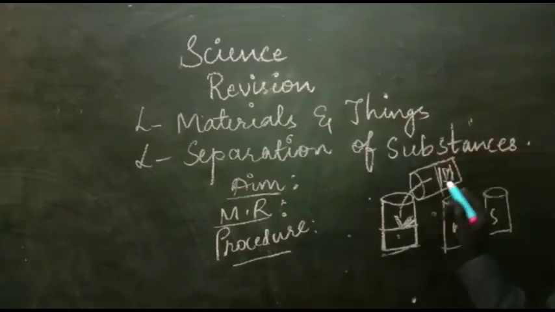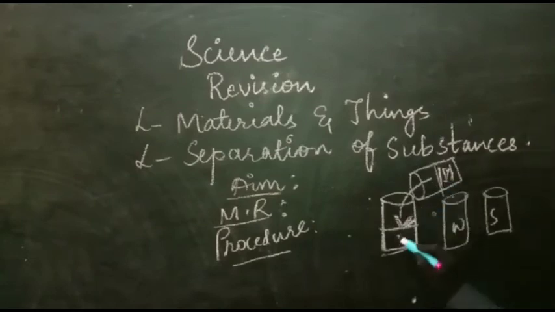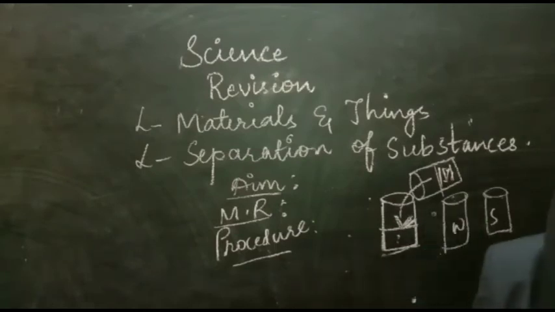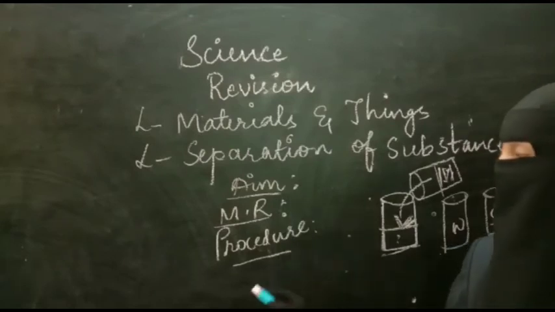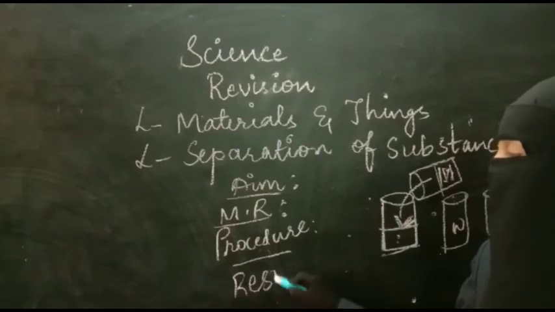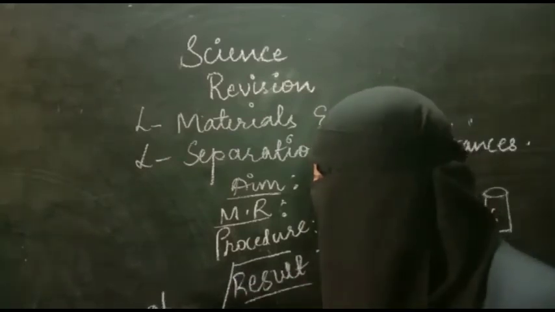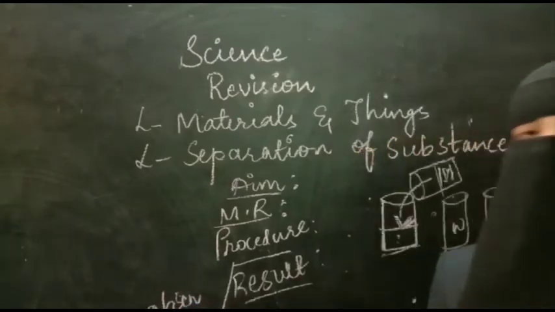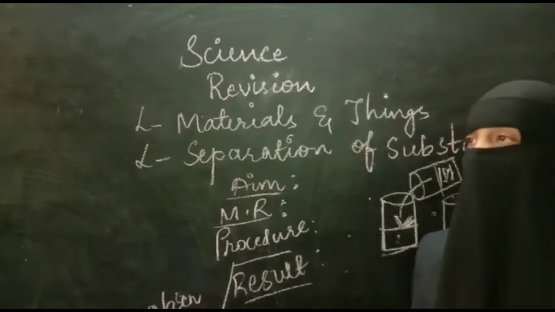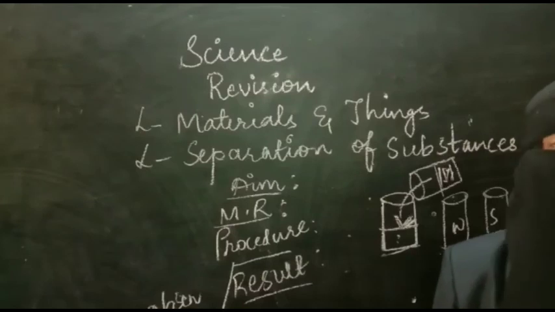So in the procedure, you have to incline the first beaker on the mouth of the second beaker. Two layers, water and soil, will get separated. Observation: we observe that water got separated from the soil. This is the process of sedimentation and decantation that you have to write. In this way, you have to write the activity, observation or result. In this way you have to write, and then you go through how many methods there actually are carefully and properly.